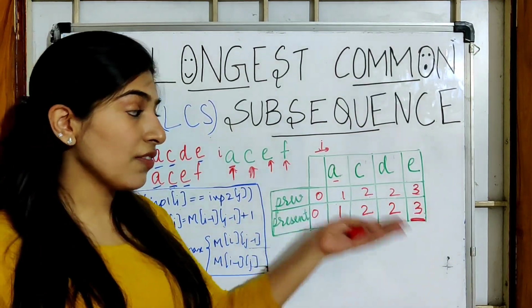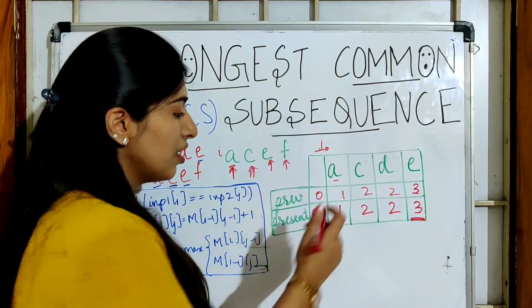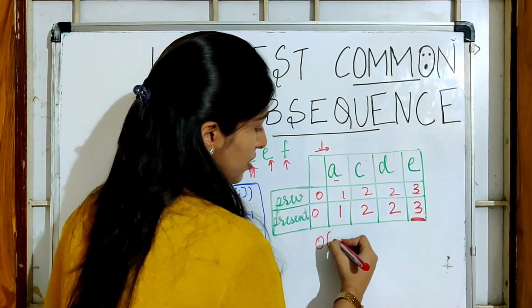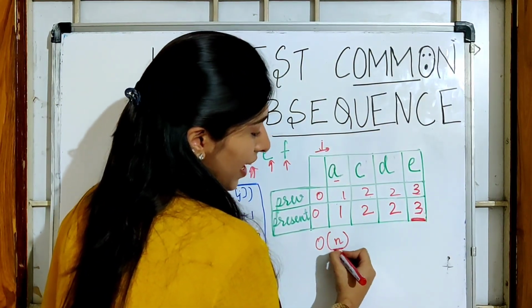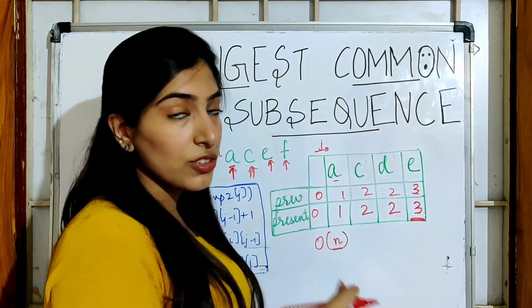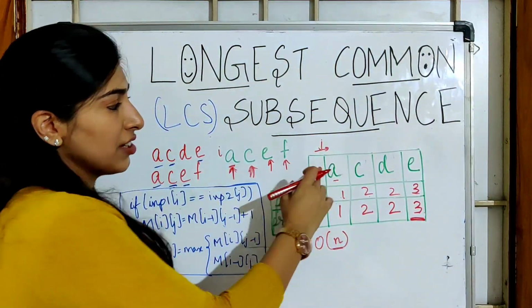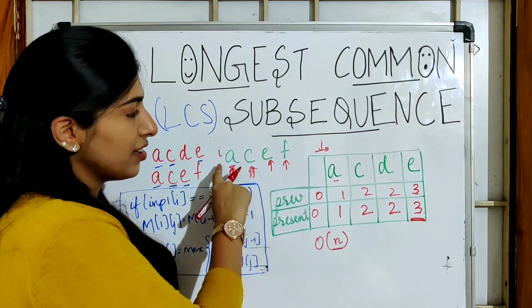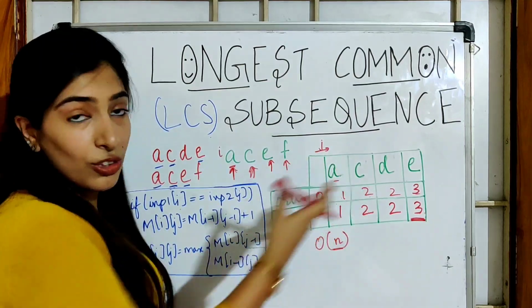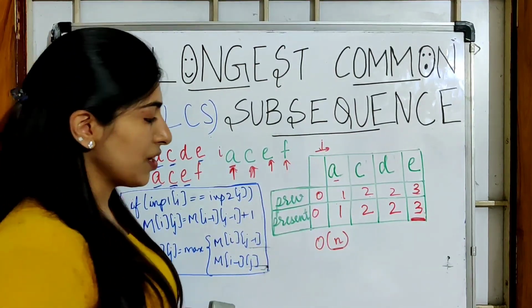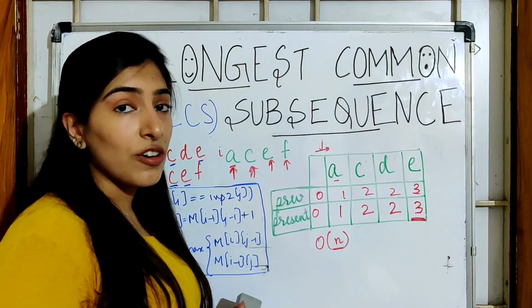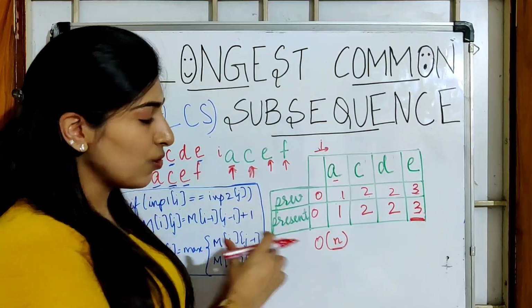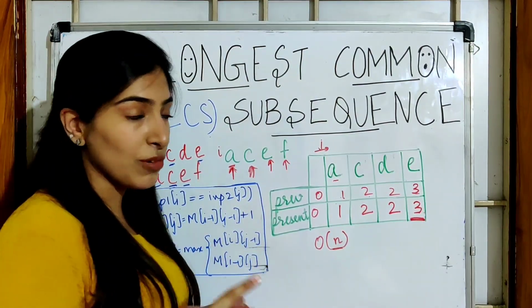So as you can see, we have saved so much space over here. Now our space complexity is reduced to O of n, where n is the length of the smallest string. So whichever is the smallest string, you will keep that over here, and the largest string you can keep over here, so you will end up using lesser space. Okay, so now we have reduced our complexity from O of mn to O of n. N is the length of the smallest string.